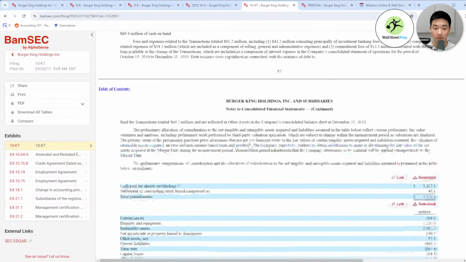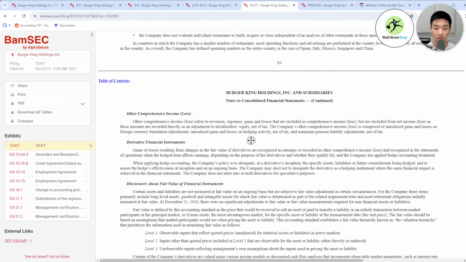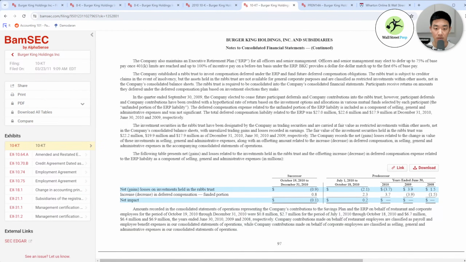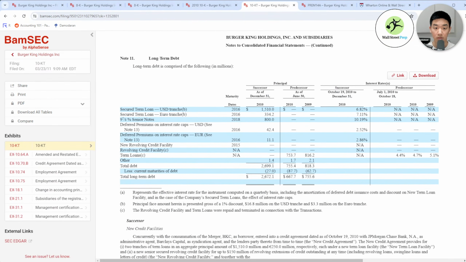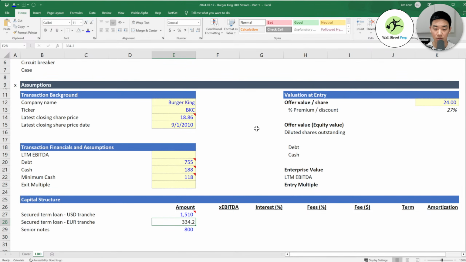So let's go to note 11, which is going to be way down here. Okay, so what I'm looking for here is the euro was 250 million euros, but I want the US dollar figure since we're doing everything in USD, and that'll be more accurate. So this is 334.2.